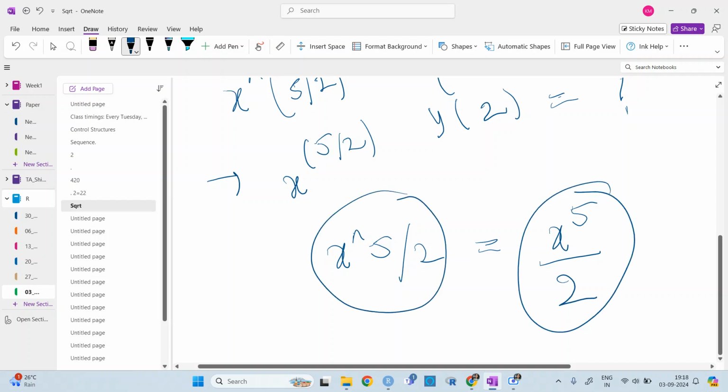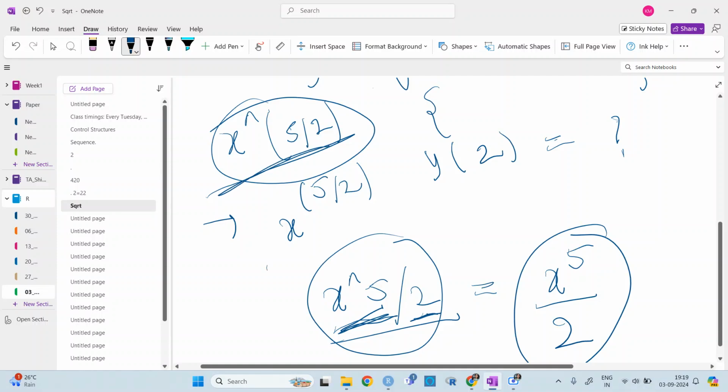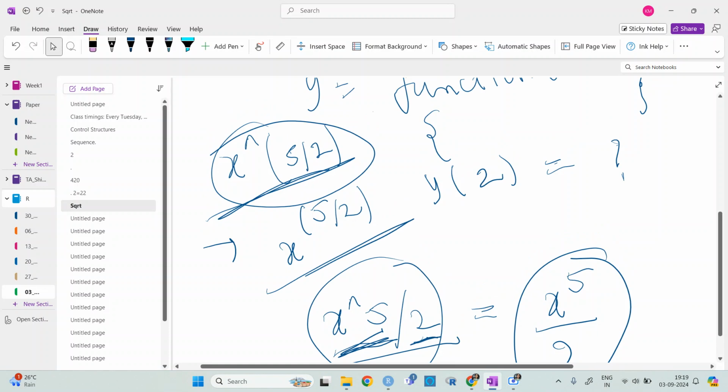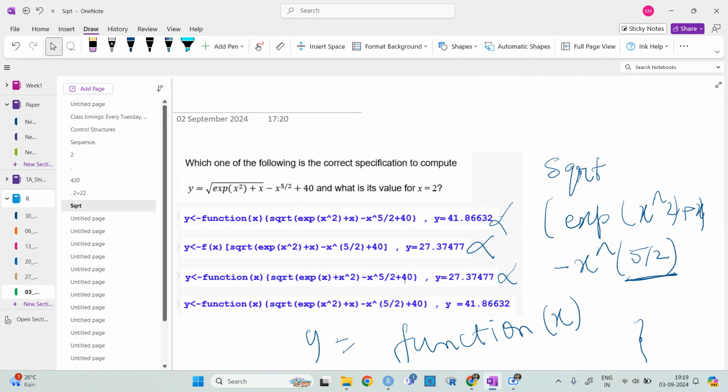So if you write this, there is a difference in these two. It will do x to the power 5 as one thing, and this one will do x to the power 5 by 2. So this is a way of writing. And I will suggest for the future, even if the exact bracket sometimes may not be needed, still try to give that bracket.